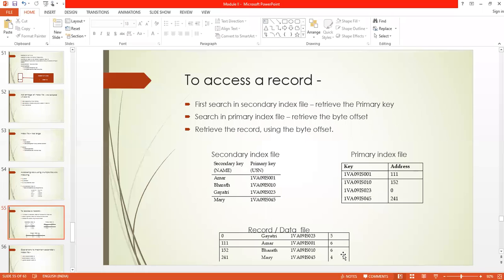You have studied in DBMS that secondary keys are not unique, they can be repeated. The name Gayatri can be repeated. There can be many people with the name Gayatri in the same class. And here semester 6 is repeated. Semesters can be repeated, it is not unique.